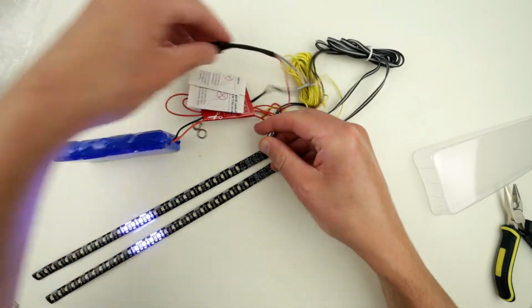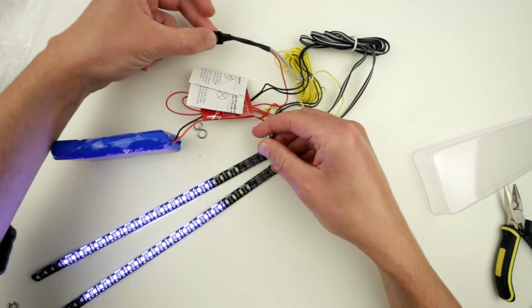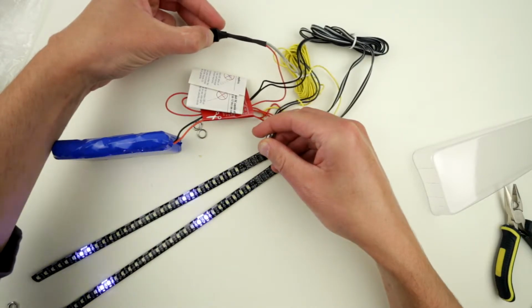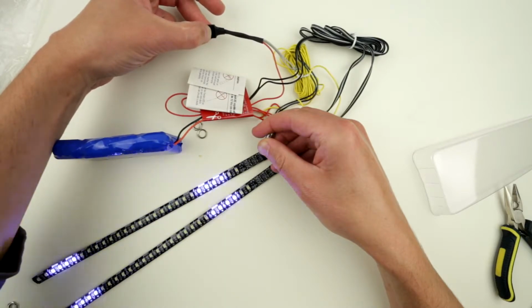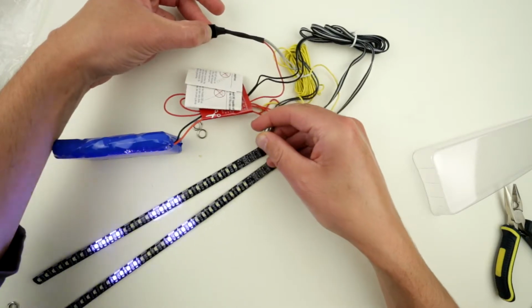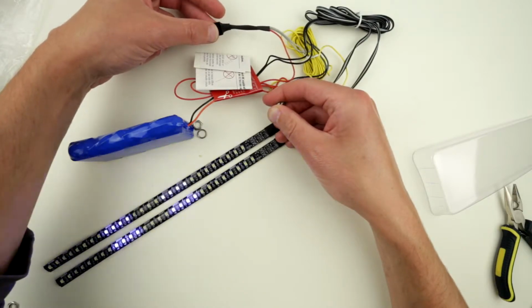It has the mode button. So let me try this. If you press this mode, it has these stupid patterns, which is kind of cool actually. Well, these are cheesy patterns. I mean, the cool thing is that